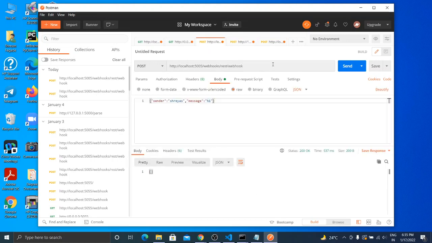Using Postman, as I showed, this is the URL for communicating with our Rasa server. It will act as an API to send a message to the Rasa server and get the response from it. We will be using a post method, and inside the body we will be passing the message.